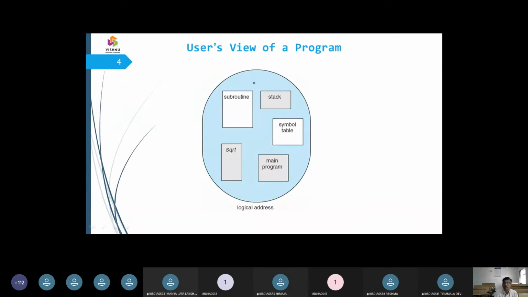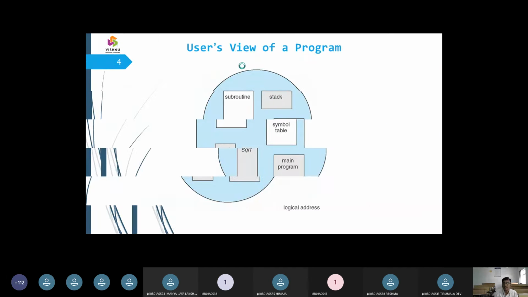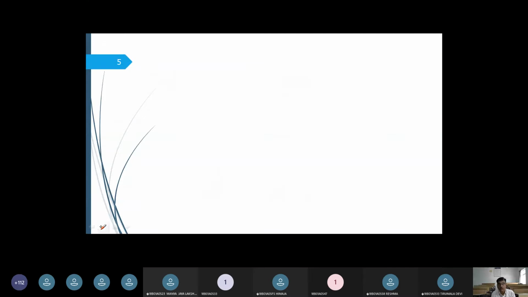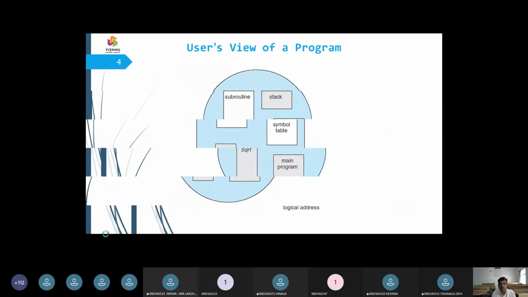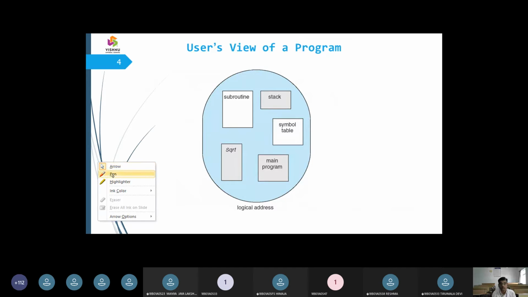Fine. So here you can have a glimpse of segmentation. Here we have the slide which stores the glimpse of the segments. We can say there is a main program, and the main program is going to call some square root function. It is going to call some subroutine function, and thereby it has some stack to store some index and some pointer values.